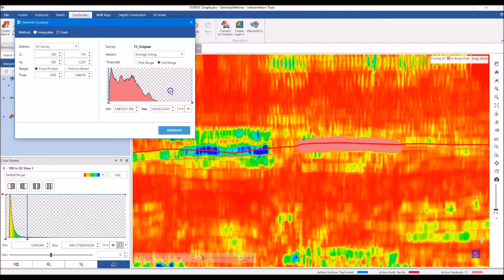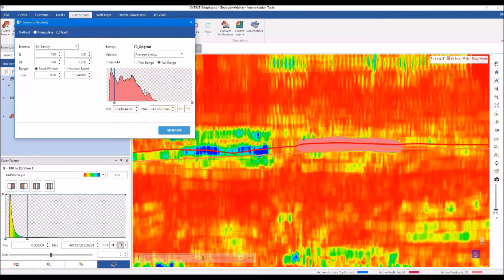Now, because I was a little sloppy when I was making my seed picks, I have to adjust this minimum slider so that I exclude those low average energy values that might have slipped into my seeds. So I can adjust this minimum slider to get that value. Now, the amplitude threshold that I've defined falls, of course, between these two lines. So it's going to take any amplitude that falls between this min and max as a valid amplitude to add